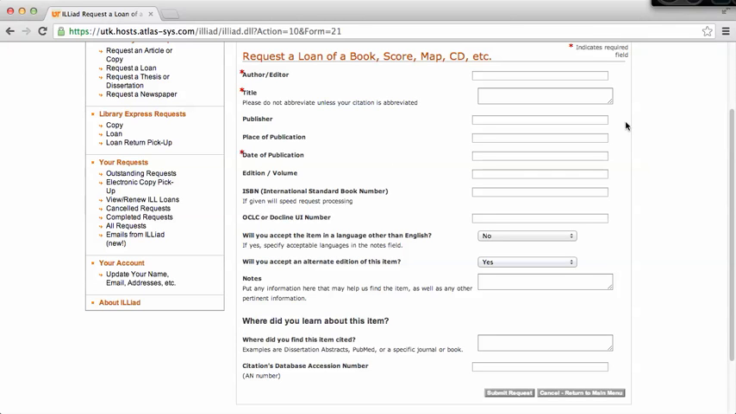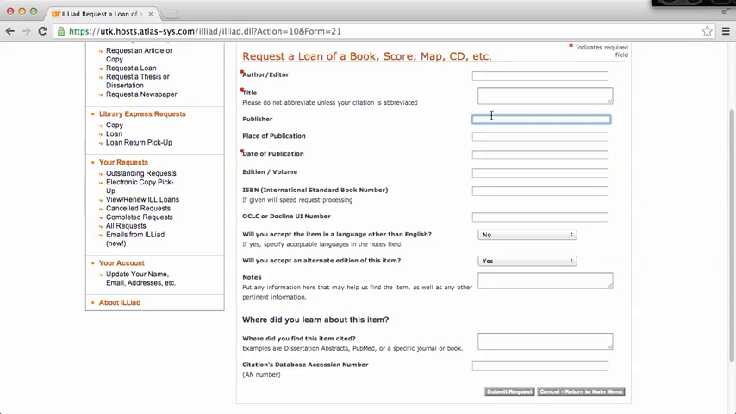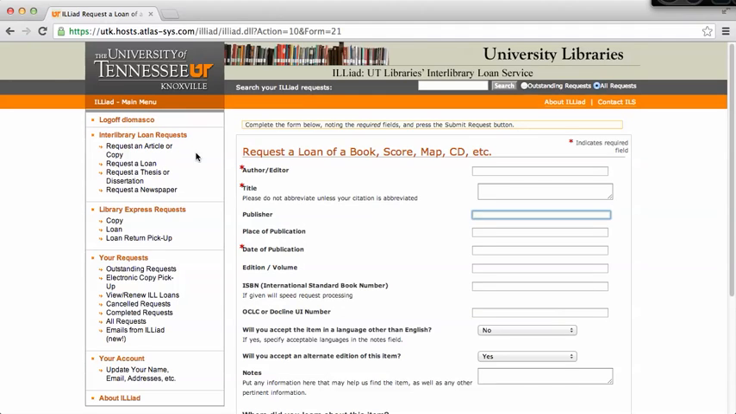The author, the title, and the date of publication is essentially all you need to type in. However, I do recommend, if you have the ISBN number, the more information you enter in these fields, the better. The more likely it is that the library will be able to locate it for you. And all you have to do is submit request, and when you come back,